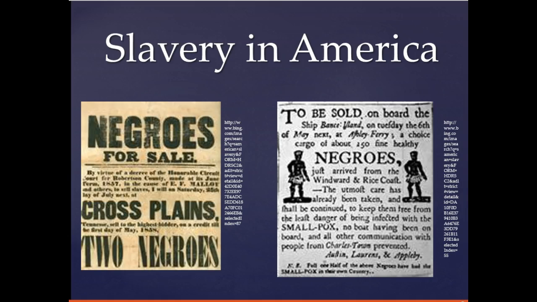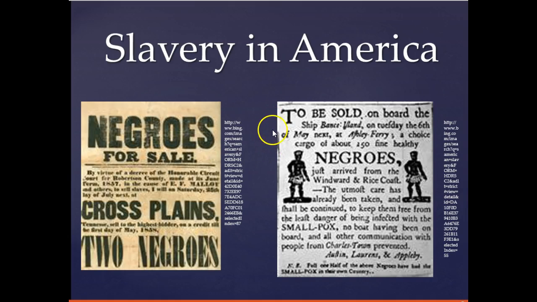This first slide that you see here is a couple of primary source examples of actual advertisements in newspapers and in the local communities. They would have put up certain signs for people to come and look at, like billboards for us today of different advertisements of things. The one on the left here you can see says Negroes for sale, and it says specifically who they are and gives a description.